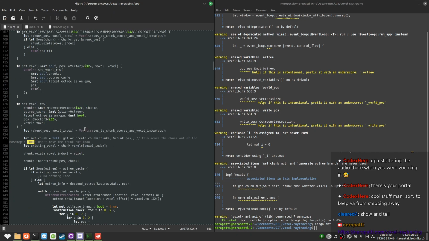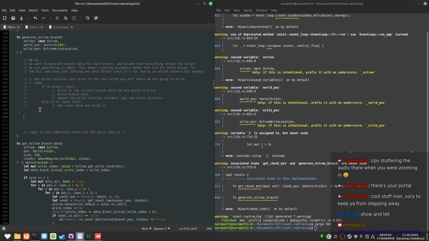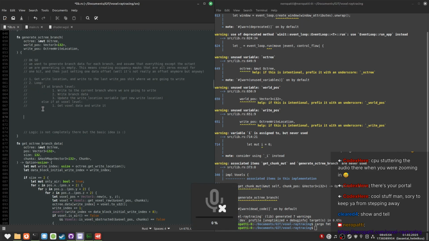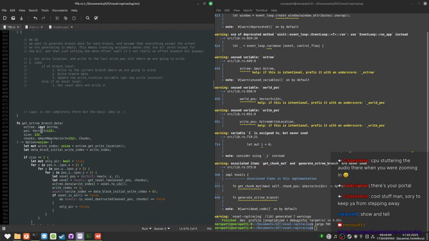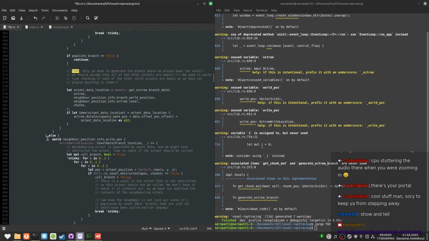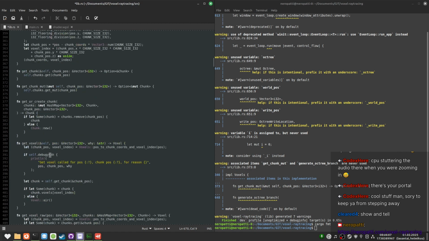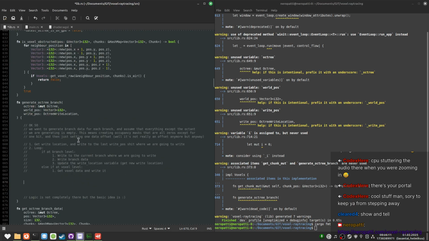This is in voxels. A bit stinky, but whatever. It isn't in the impl block, but it doesn't matter.